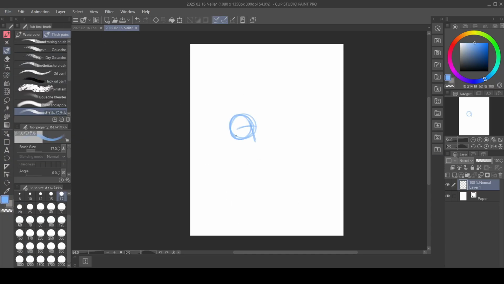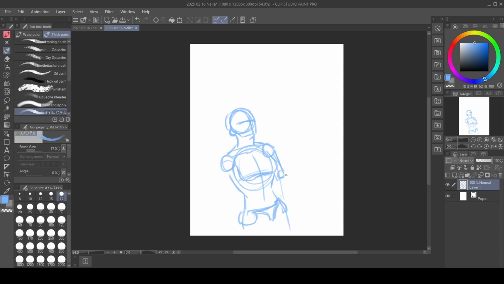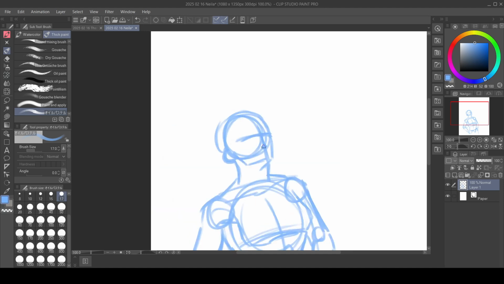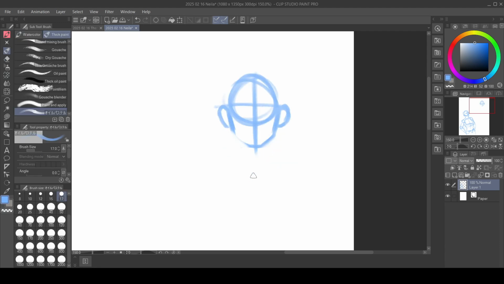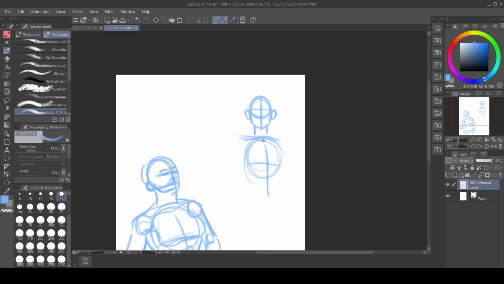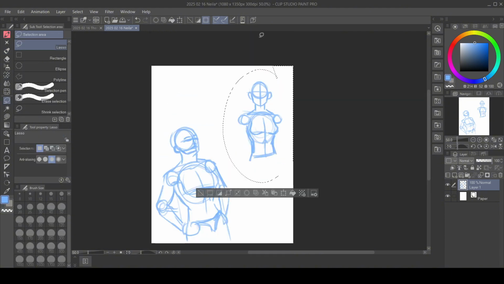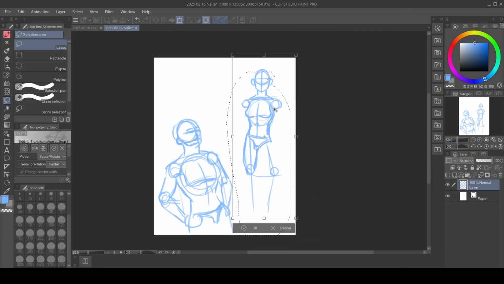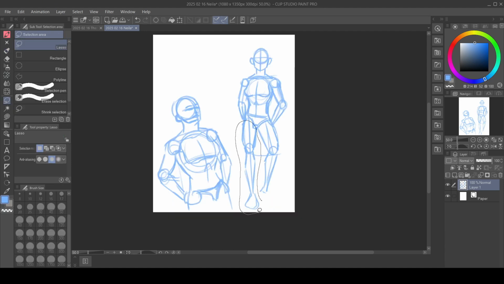Now on to the second character. Before I talk about her a little bit, I'm just going to talk about the artwork itself in this video. This was still when I was getting used to Clip Studio Paint, so you can actually see that between Teresa's character drawings and Jalen's there's a difference in the skill. Clip Studio Paint is a very intimidating software, but I think I've started to really get the hang of it by the time I reached Jalen's drawing.